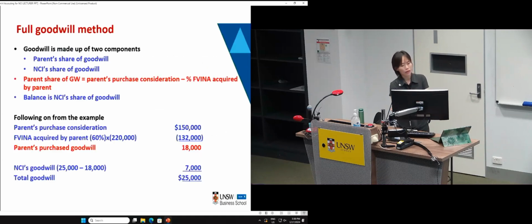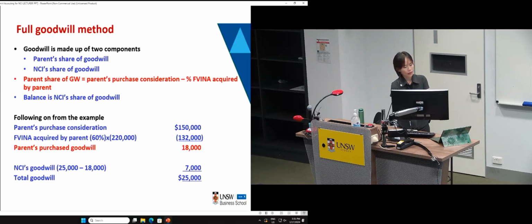Okay. Now let's look at the calculation. How to determine the parent shareholders' share of the goodwill? We can use this equation. Consideration minus net assets acquired. This is actually consistent with the equation we used earlier for the wholly owned subsidiary. We're still using cost minus net assets acquired, right? But now the percentage of net assets acquired is no longer 100%. So you have to multiply. Could be 90%, 80%, depends on the question. In our case, the goodwill acquired by the parent is equal to the consideration paid by the parent, 150,000, minus net assets acquired, which is 60% of 220,000. The difference represents the goodwill acquired by the parent.